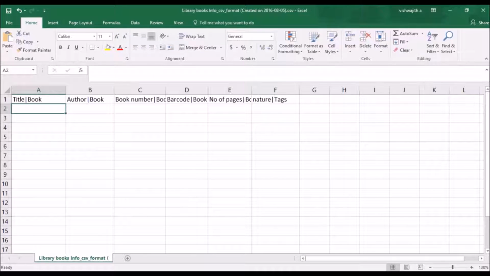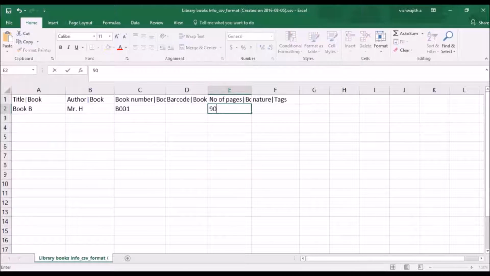Now, I can enter multiple book information here in the same sheet. I will be able to enter up to 200 rows in this sheet and upload the same in Fedena for bulk upload. For example, I can give the title of the book here. I can give the author information. The same fields that we saw in the form of library book addition are mandatory here. Book number, the barcode information of the book, if any. Since this is an optional field, it can be left or it can also be entered. It is advisable to enter this information because later on it will help you to issue the books and return them using barcode.